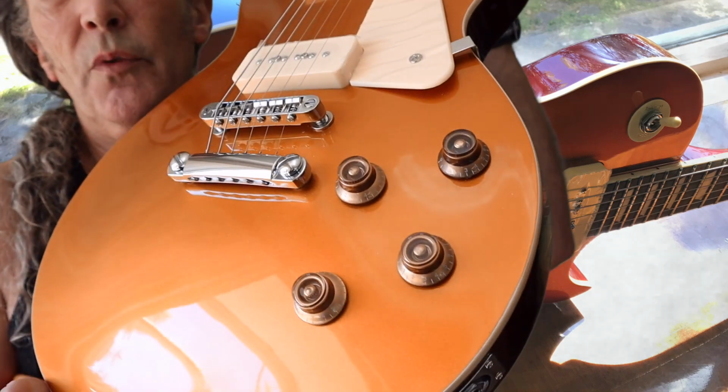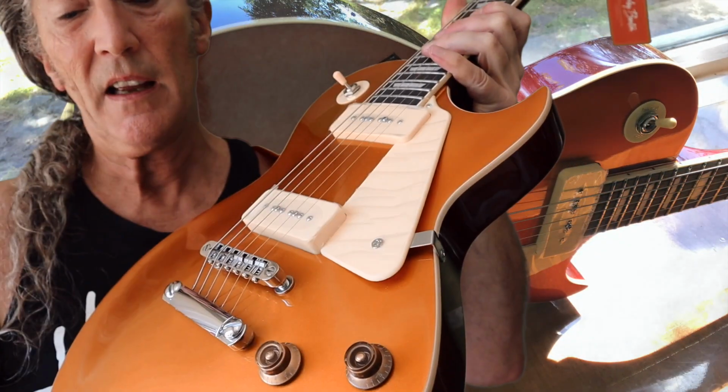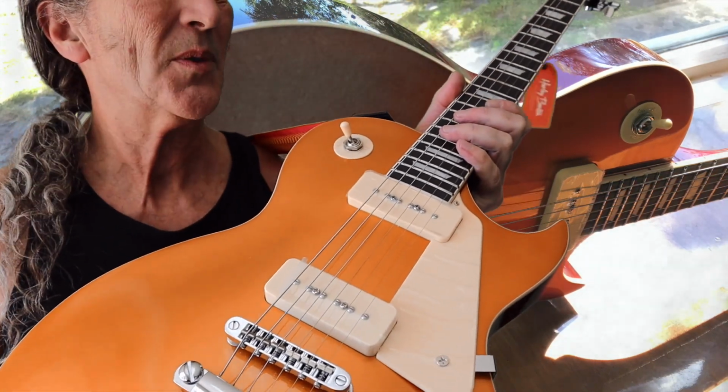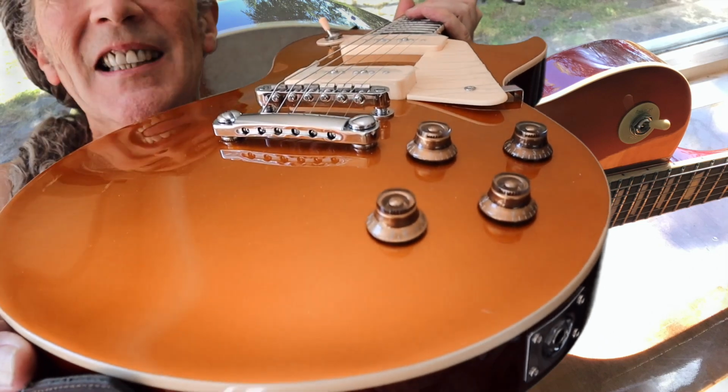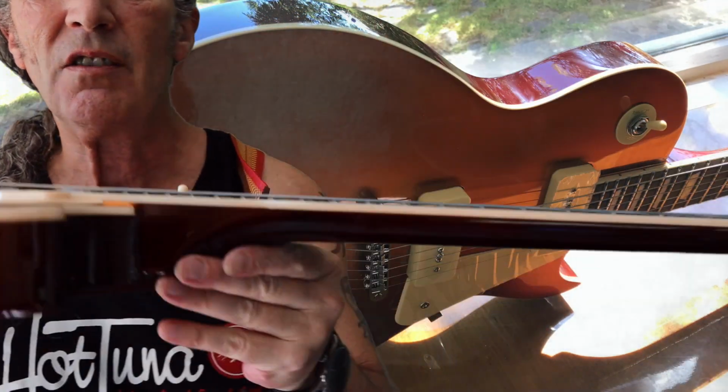And you've got 4 gold top hats in the traditional Gibson layout with your volumes up there and your tones down here. You've got stop tail and tunematic bridge set up there. And the action is...